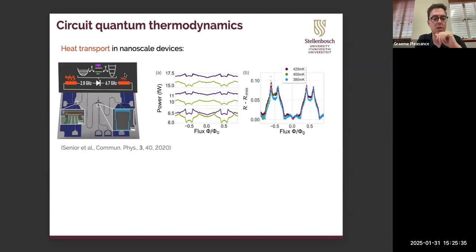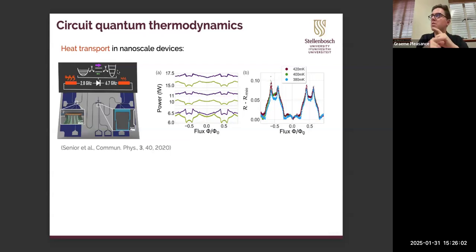And each of these oscillators is coupled to a copper microstrip, which essentially plays the role of a thermal reservoir. Each of these is initially at a different temperature, and they experimentally study the heat transport across this anharmonic nanojunction. And so this represents a heat or thermal rectifier in the sense of